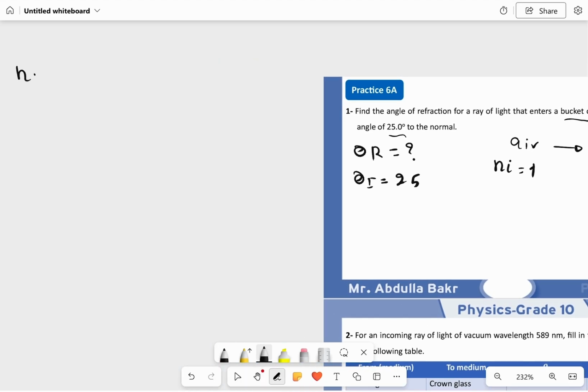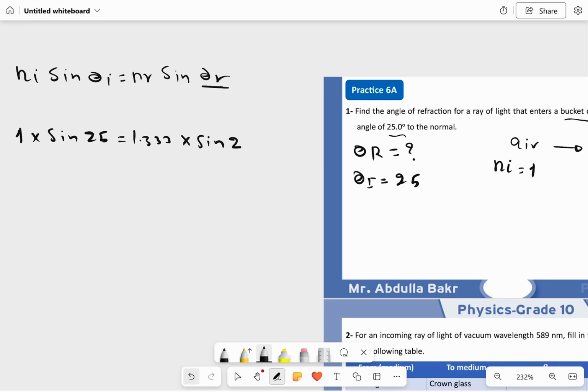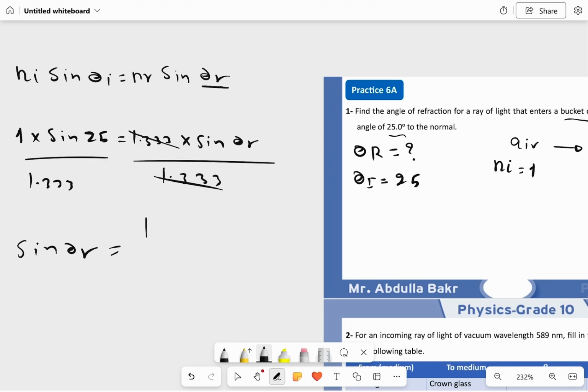So we have Ni sine theta i equal to Nr sine theta r. Let's find this one. Ni is equal to 1, and then sine 25 is equal to 1.333 times sine theta r. We need to find theta r. So divide both sides by 1.333. It cancels, and then we have sine theta r equal to 1 times sine 25, over